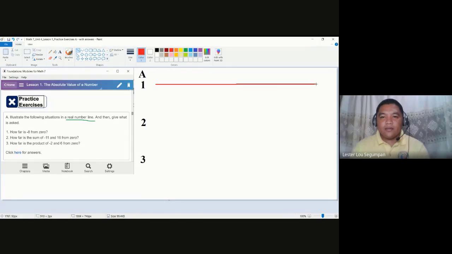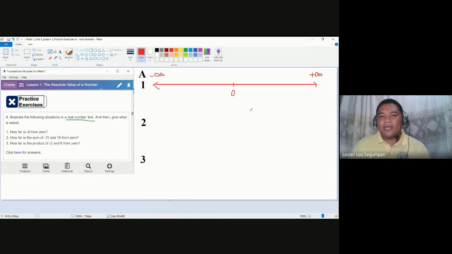Again, the real number line extends on both sides. The right side is towards positive infinity. The left side is towards negative infinity. And the middlemost value is 0. So we are now tasked to determine how far is -8 from 0. Take note that we can actually recreate a real number line in such a way that we could just simply use the multiples, if you want to. But for an illustration of -8, how far is -8 from 0?